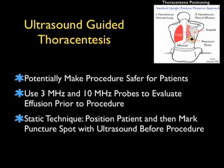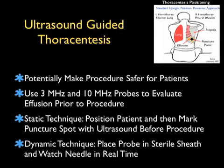We can either use a static technique where we position the patient appropriately and then mark off the puncture spot with sonography prior to the thoracentesis procedure, or we can use a dynamic technique where we place the probe in a sterile sheath and watch the needle in real time go into the chest